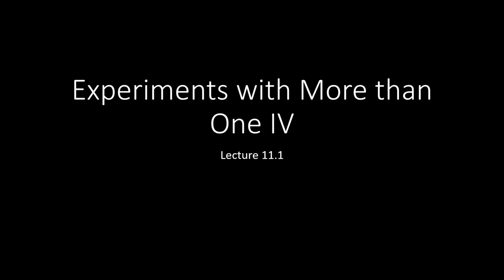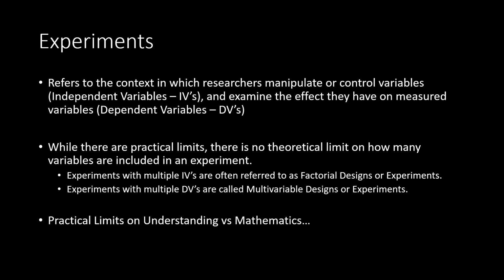For the first part of this lecture, we'll be talking about experiments with more than one IV, or more than one independent variable. So just to refresh, experiments are those contexts in which researchers manipulate or control certain variables. These variables are called the independent variables, denoted as IVs, and they then examine the effect that these variables have